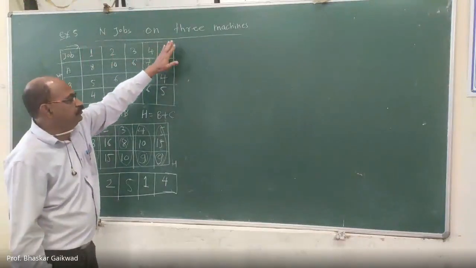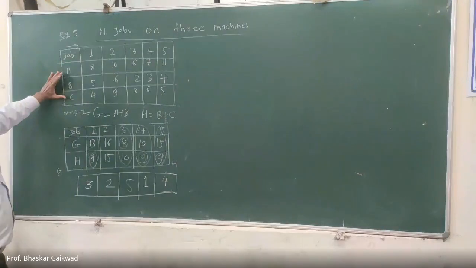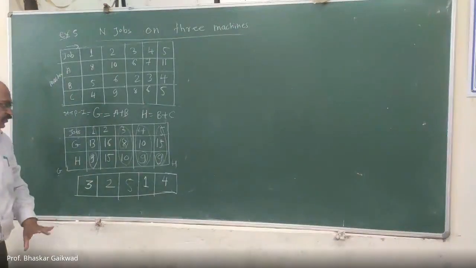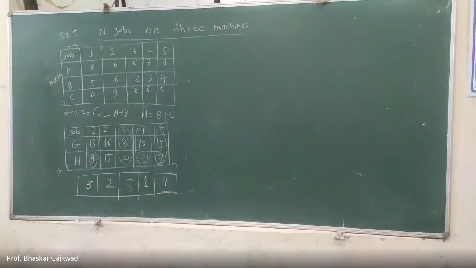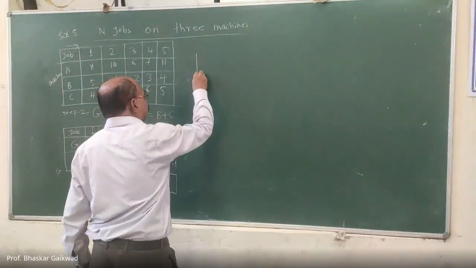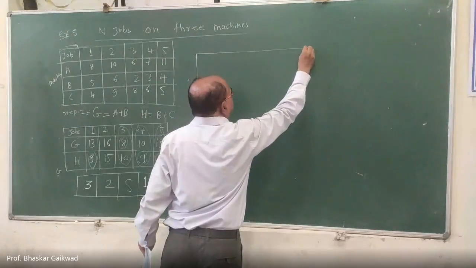So last 2 lectures I have taken the N jobs on 2 machines. Now here N jobs on 3 machines. So 3 machines are there, and a number of jobs are there. You can make 3 machines into 2 machines, and after this you have to make the sequence. Okay. So as usual, next, how much the total time we actually require, that we have to calculate. So you have to make the next table. 3 machines are there.